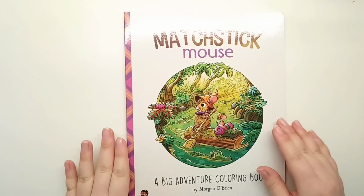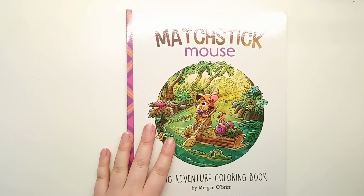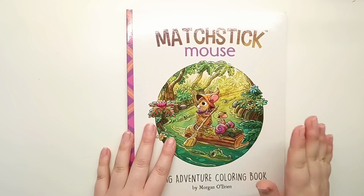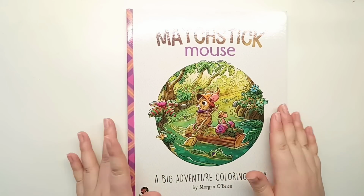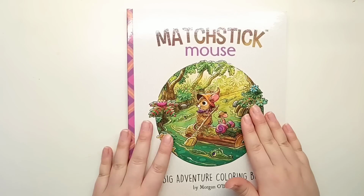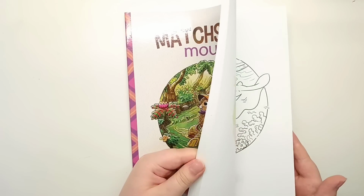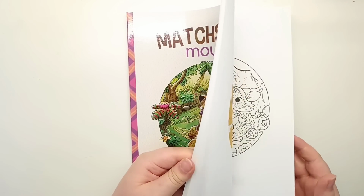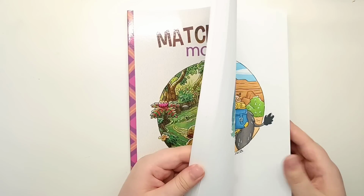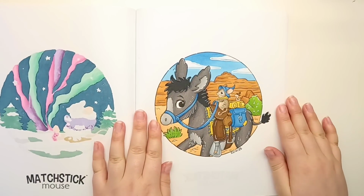And then I've got Matchick Mouse, a big adventure colouring book. This is a project book with Jo from Geordie Colours, Amy from Colouring with Amy, Nikki from Knick Knack Colours, and just this month, new to the group, is Zoe from Zoe's Cozy Colouring. So we choose a page in this each month. We rotate round who chooses the page, and I believe this was Nikki's choice, but we did the donkey ride